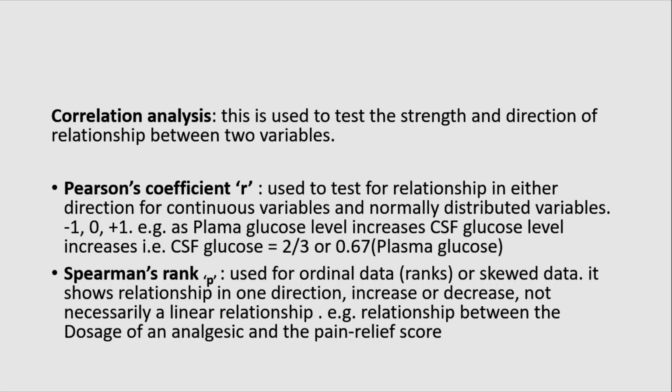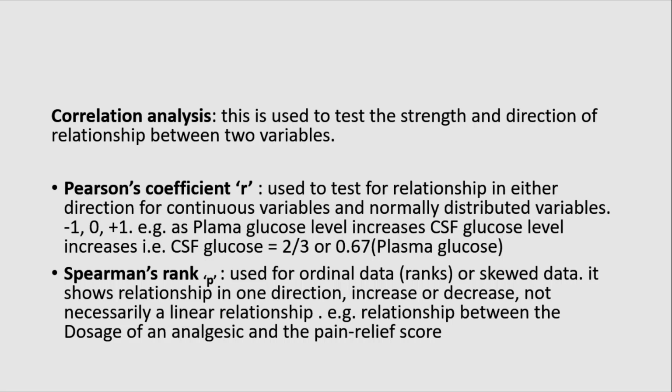The Spearman's rank just tells us if there's a relationship, whether there's no relationship, or if it's increasing or decreasing. It does not tell you both. For example, the relationship between the dosage of analgesic and pain relief score. And here it is written that the Spearman's rank must not give you a linear relationship